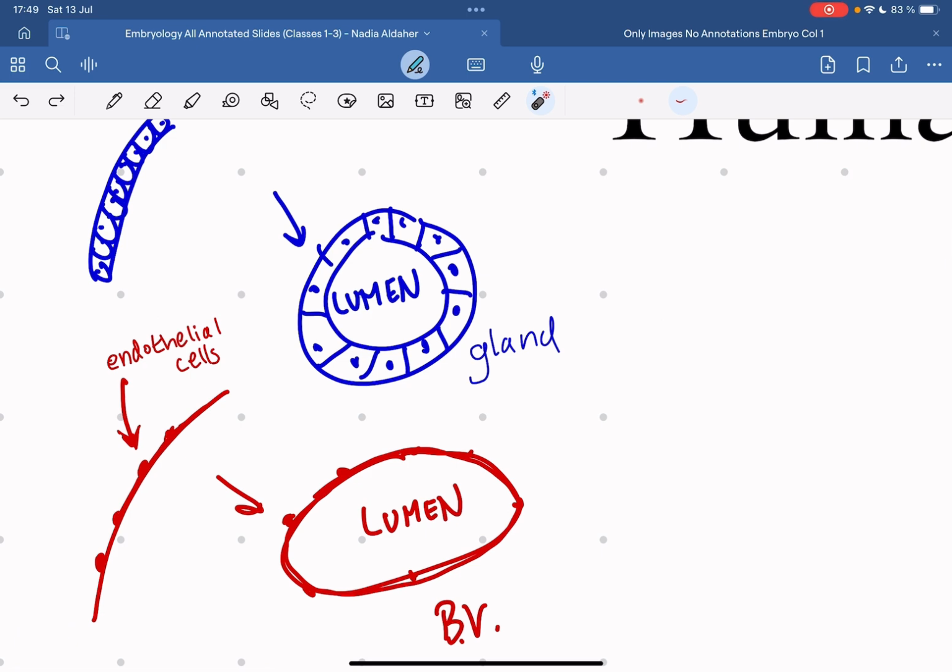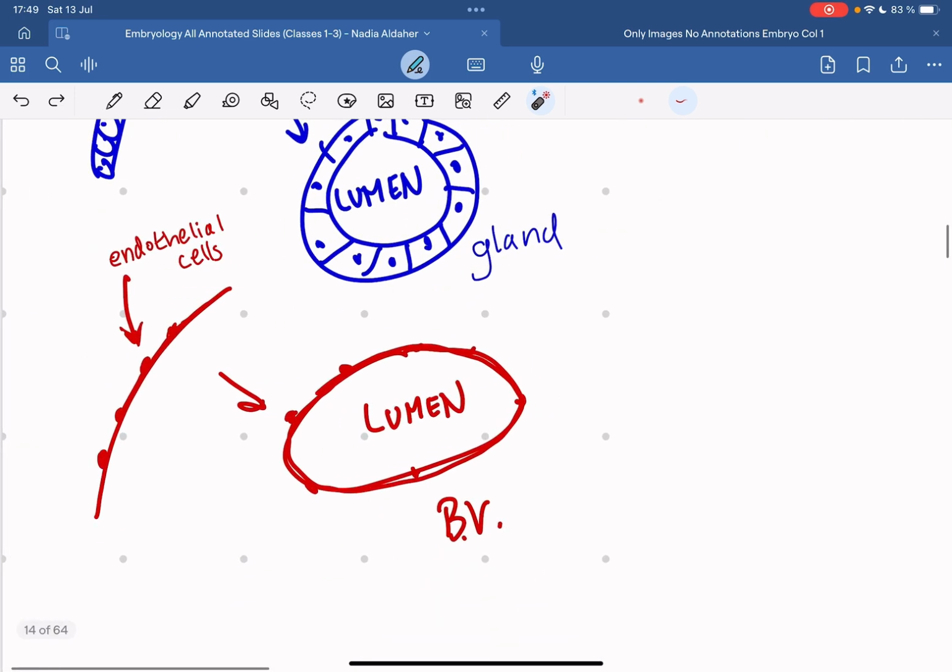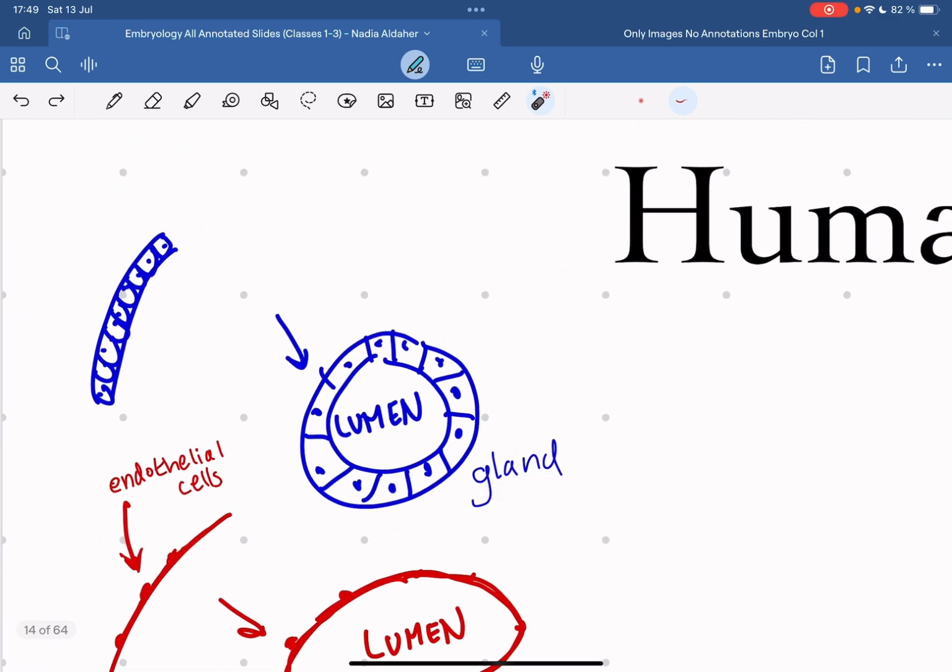This is very much repetition of earlier courses, but just to make sure. The blood vessel has these endothelial cells. Now the endothelial cells have very bulging nuclei. However, the cytoplasm is acting as a wall for this blood vessel in general. So the wall of the blood vessel appears a lot thinner, because the only real thing it's made up of is the cytoplasm of these very stretched and elongated endothelial cells, while the glands have walls made up of these simple cuboidal